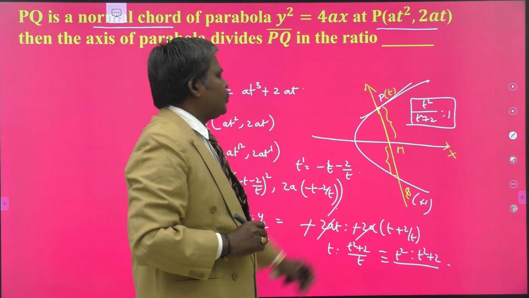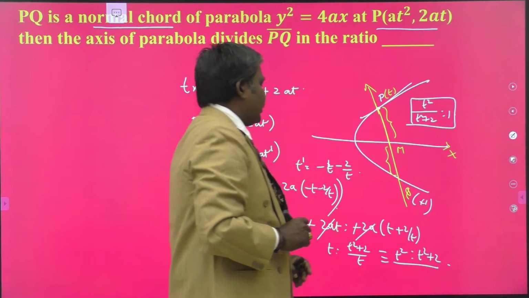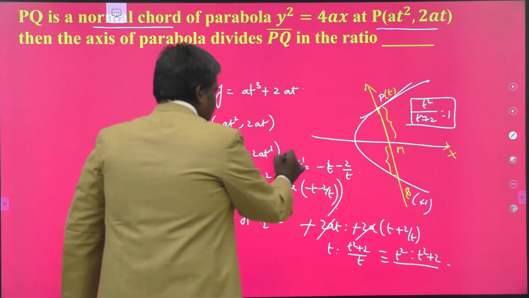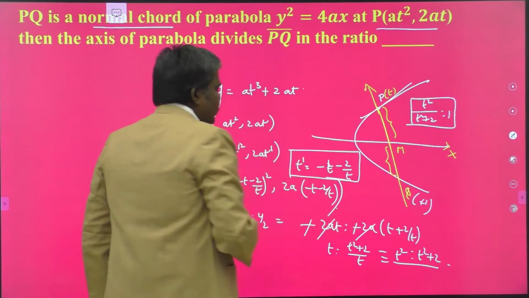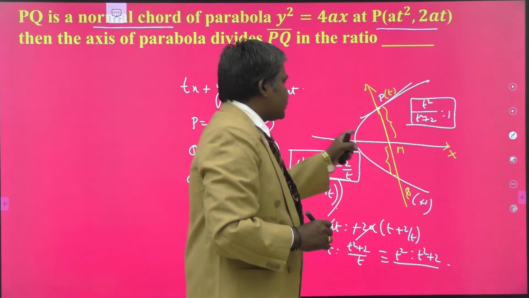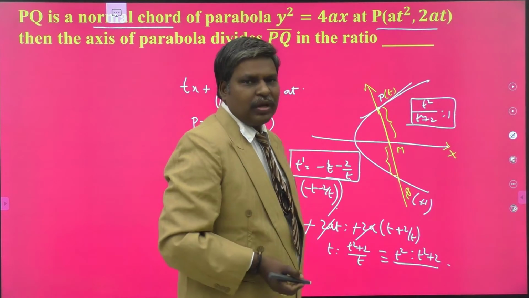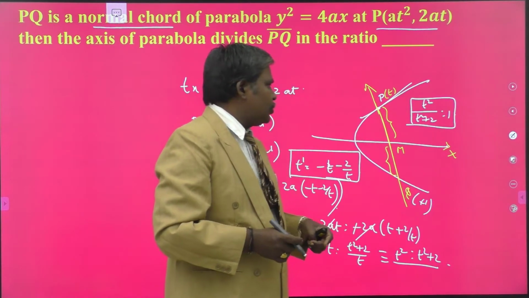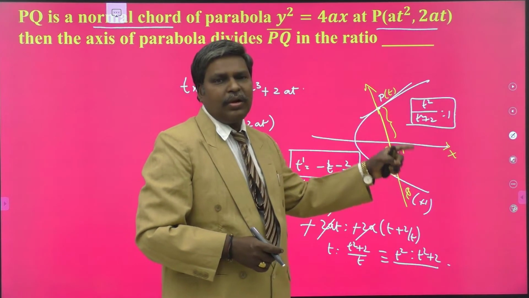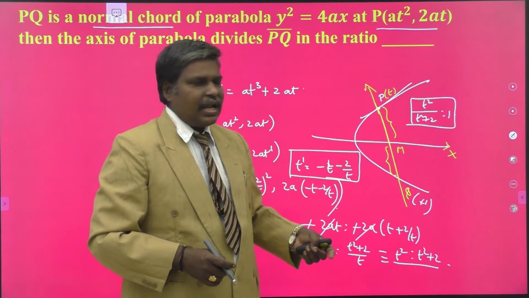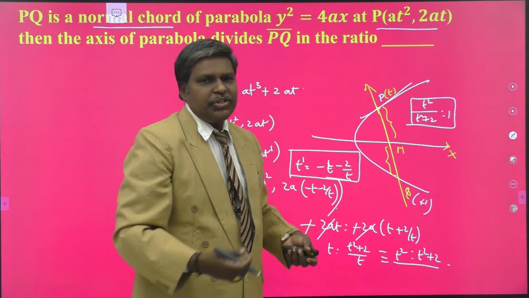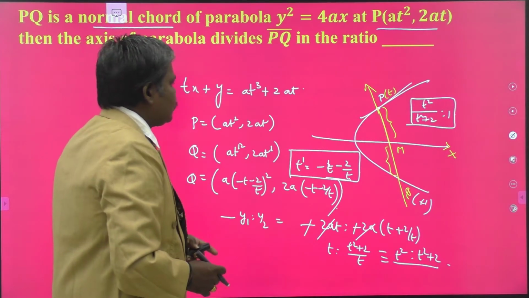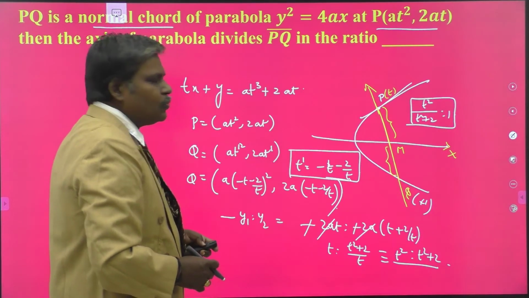Therefore, the normal at P to the parabola intersects again on the parabola at Q of t dash. You can write the value of t dash in terms of t by this relation: t dash is equal to minus t minus 2 by t. Moreover, the x-axis divides PQ in the ratio minus y1 is to y2. How to obtain that? Let it be, say, lambda is to 1. Find the ratio, and since it lies on the x-axis, make the y coordinate 0. At that time we obtain lambda as minus y1 by y2. Therefore the ratio becomes minus y1 is to y2. So finally the ratio is t square by t square plus 2 is to 1.